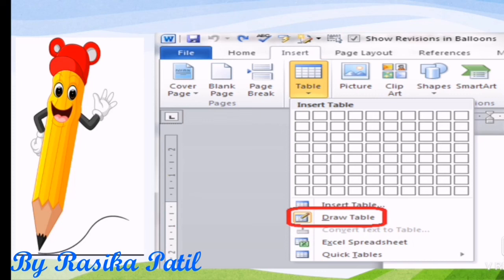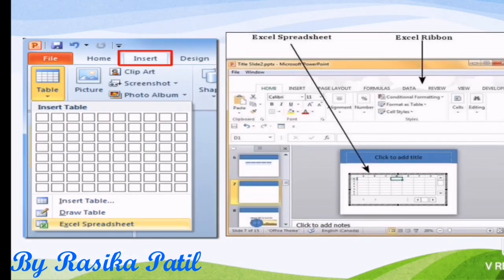Now the next option left is Excel Spreadsheet. When I select this option, an Excel sheet directly appears on my slide.